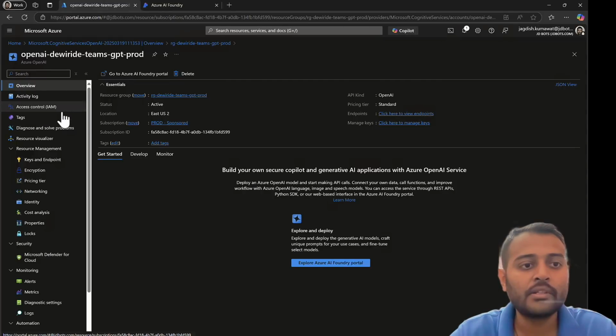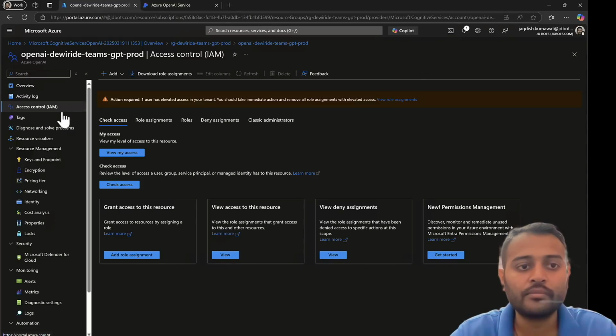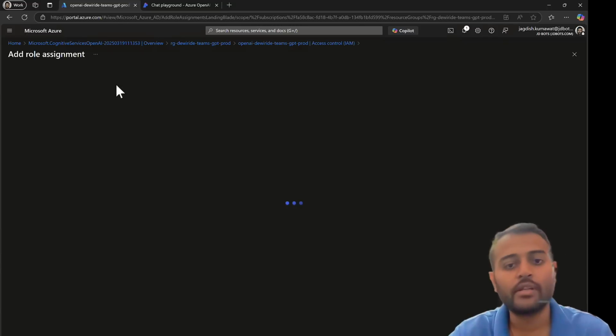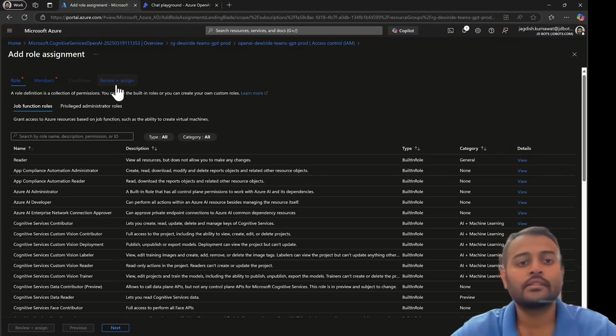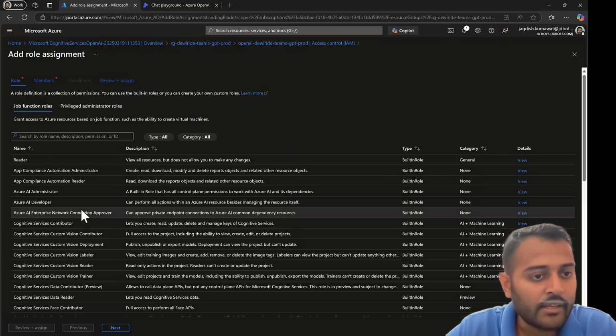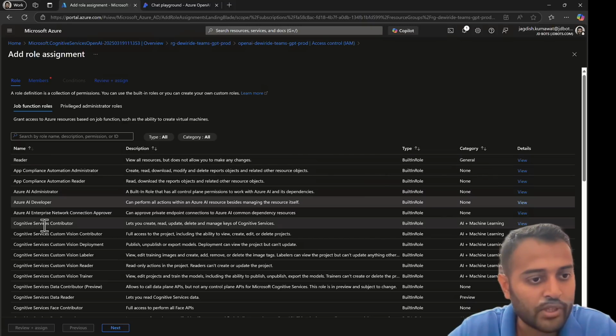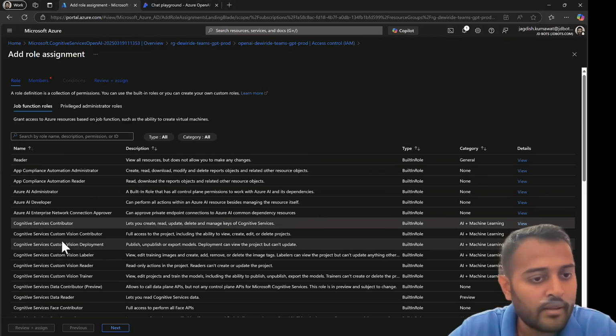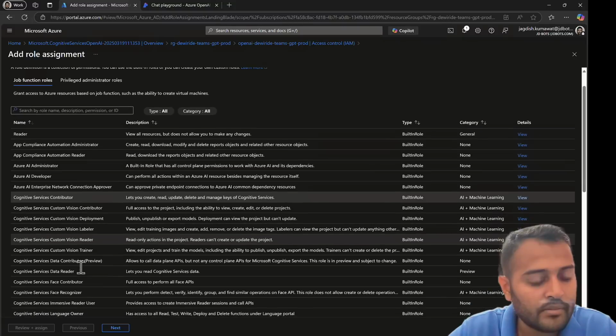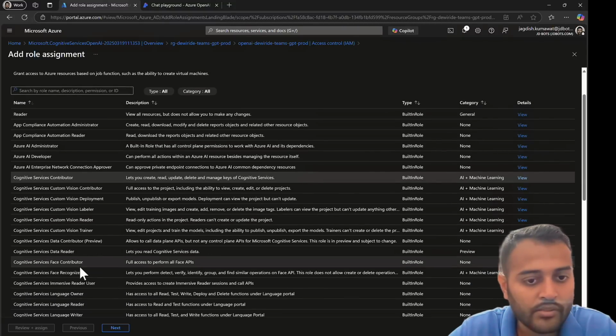And by the time this is getting completed, let me also add some role assignments so that I can access it using CLI credential. I think let's go with the one that can perform all actions within Azure AI besides managing the resource itself. I think this should be fine. Let's see all the other roles which I can use. Cognitive Services lets you create, read, update, delete, manage keys. Okay. What else do we have? Cognitive Services Data. Let's see, read Cognitive Services data